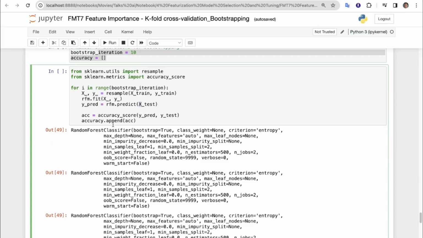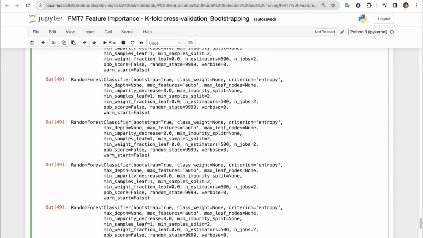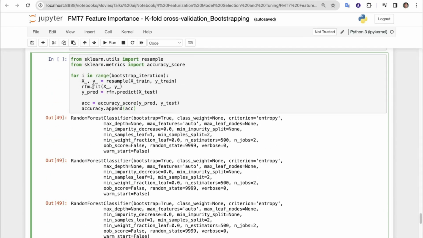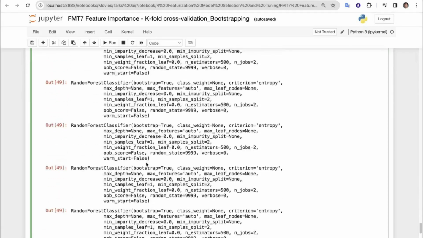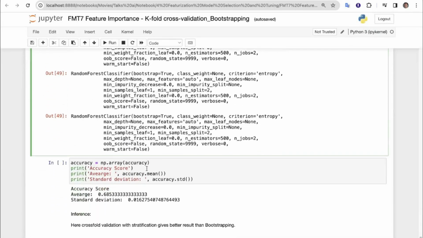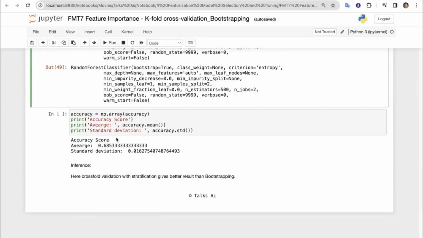Now accuracy score we are storing with accuracy.append of acc. So here you can see that this will go through each iteration, right? Here we have the result of all the iterations. Now if we check the accuracy mean, we got it as 68%, and the accuracy standard deviation we got as